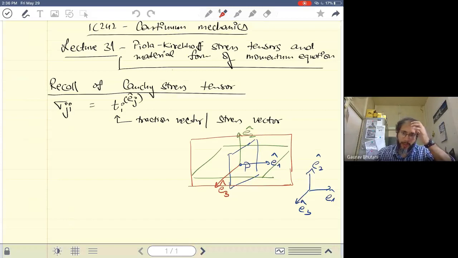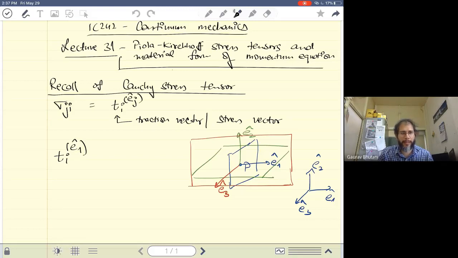So you can see the three planes. So what we said was that the 9 components of the stress tensor, the three columns of the stress tensor, are simply the traction vectors on these three perpendicular planes. So for the plane E1, I have a traction vector which is denoted by Ti E1. That denotes the three components of the traction vector on the cutting plane, which has a normal in the direction of E1.